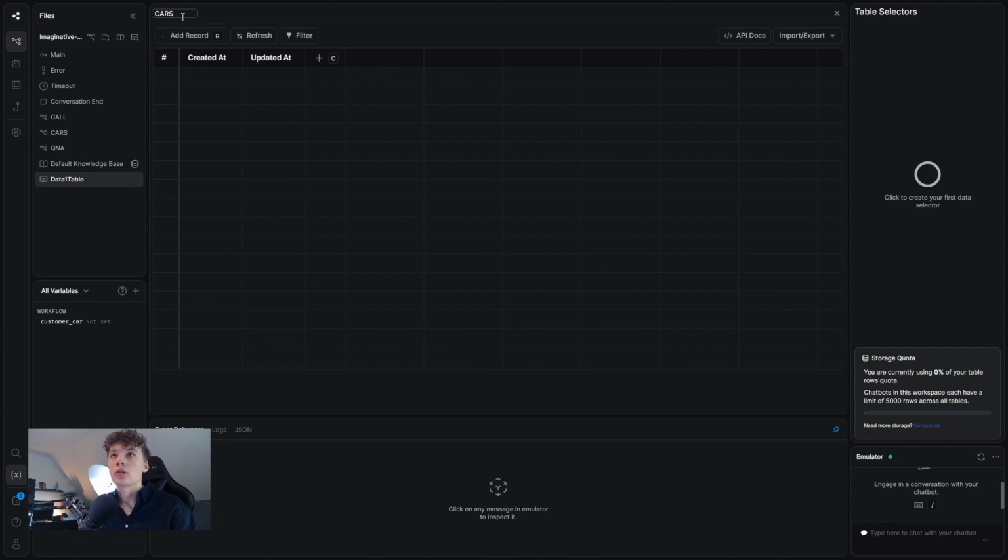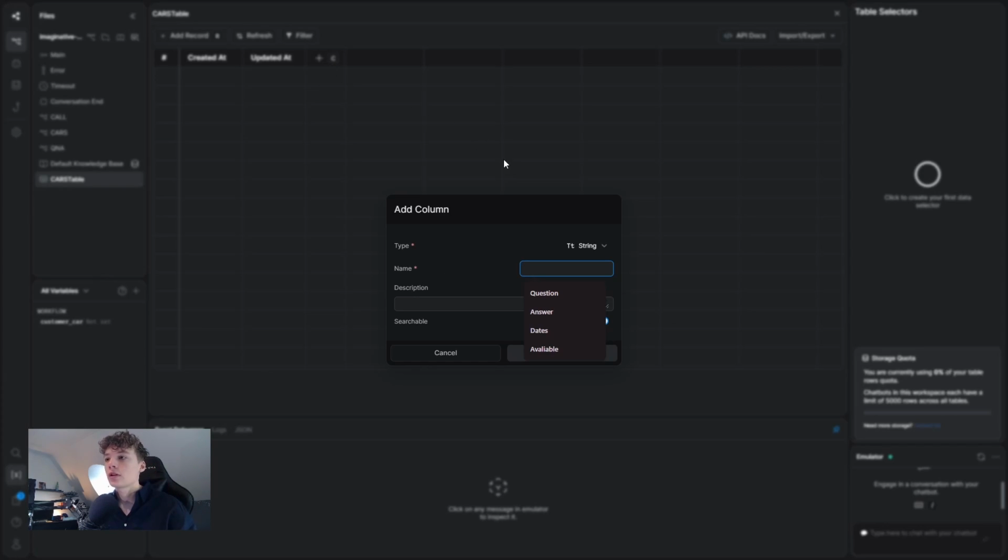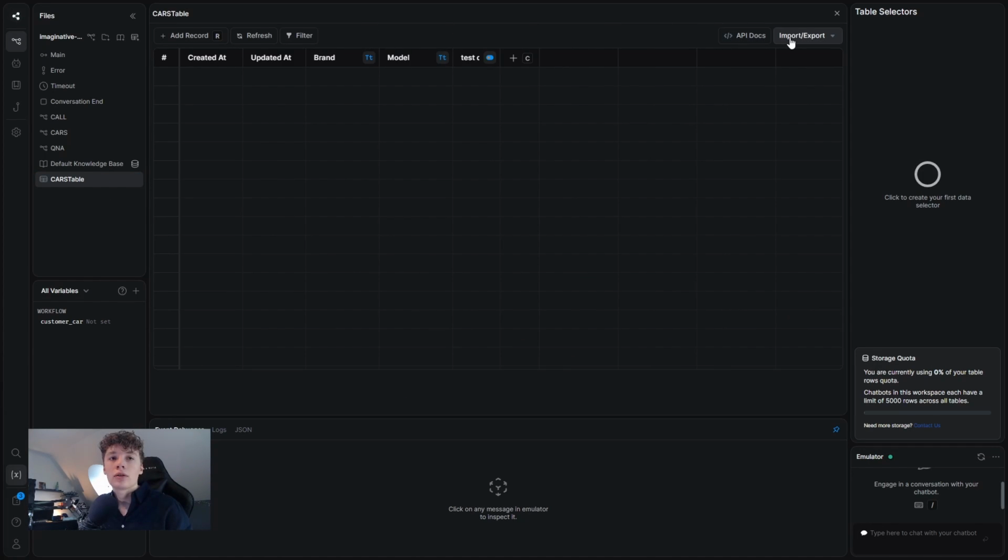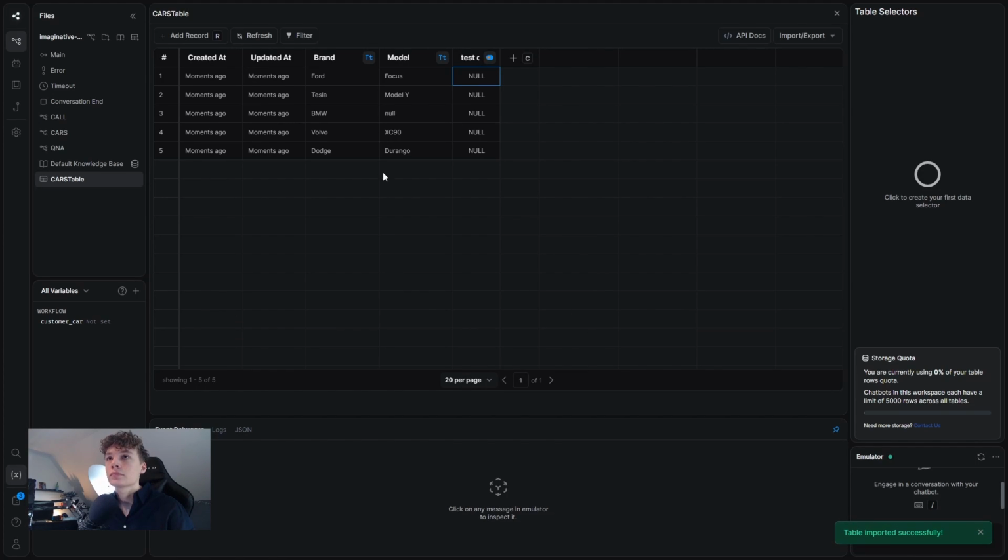We're naming this cars, and we need to add 3 columns. So the first one is going to be brand and model, and change this to boolean, and we're going to have test drive. I already have a table which is exported, and we can just do this manually. So we want this to be false, let's say, it doesn't matter. True, true, false,